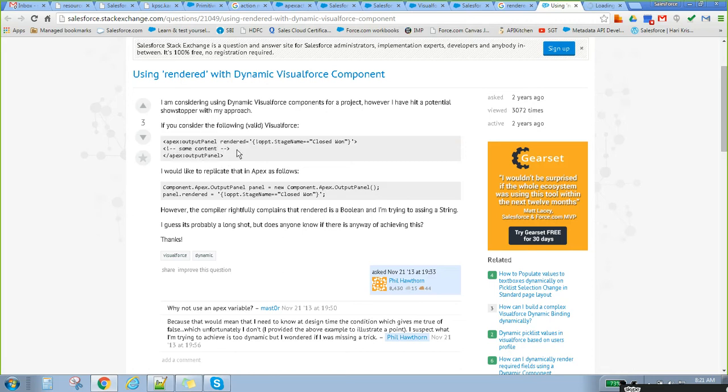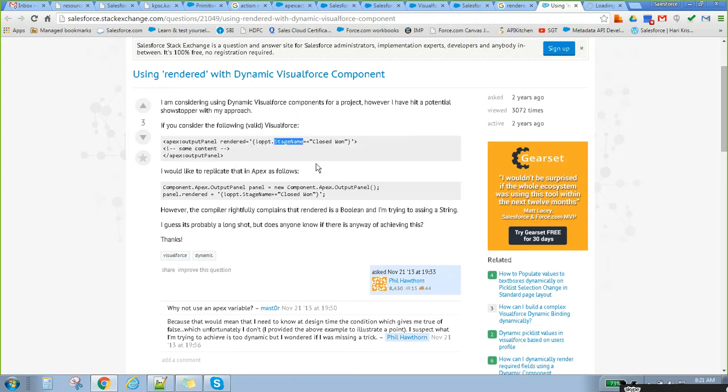If it is other than Closed One, don't display that particular component. So this is how the rendered tag is used.